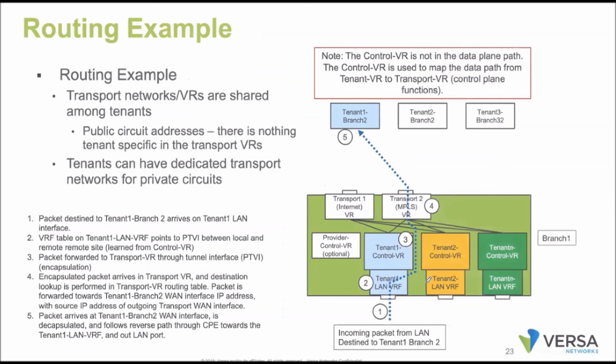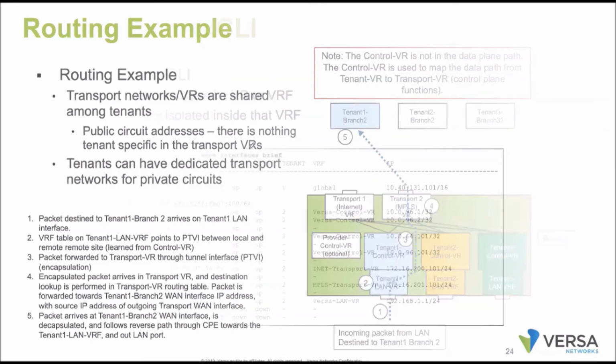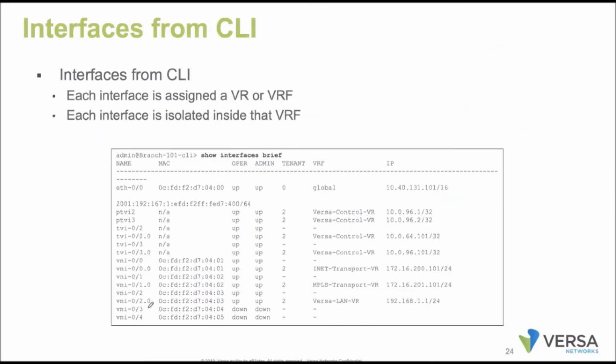Right, so if I take an example of the interfaces which are going to be used, show interfaces brief, like we already discussed. All these VNIs are nothing but the physical interfaces. The TVIs are nothing but the loopback interfaces. Then there is the out-of-band management port, and these are nothing but the tunnel interfaces. PTVI interfaces are the tunnel interfaces. So now when I go and verify, TVI is a loopback, right? Yeah, TVI is a loopback. PTVI is nothing but the tunnel interfaces.